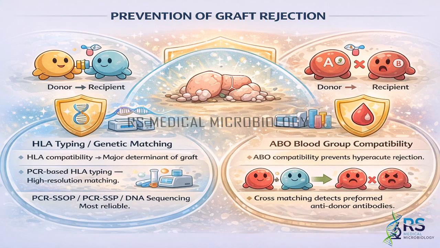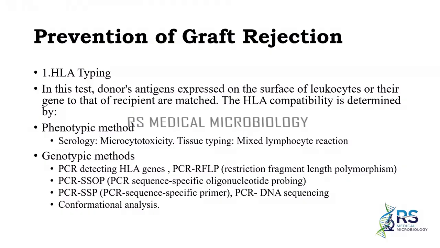Now, to assess the compatibility, the major components are HLA typing and ABO matching. So, first let us see about the HLA typing. In this test, the donor's antigens expressed on the surface of leukocytes, or their genes, are matched with those of the recipient. For HLA compatibility, you have two methods of testing. Either it can be phenotypic, which includes serology like microcytotoxicity,